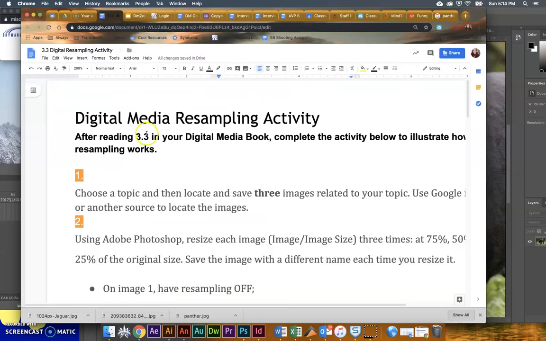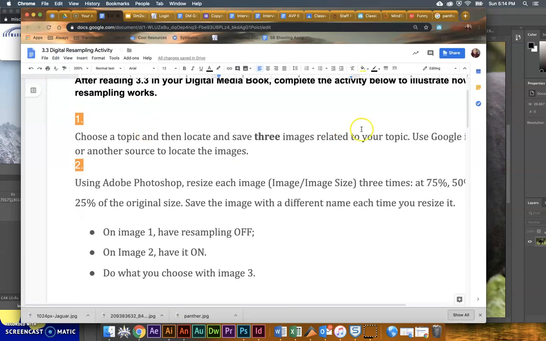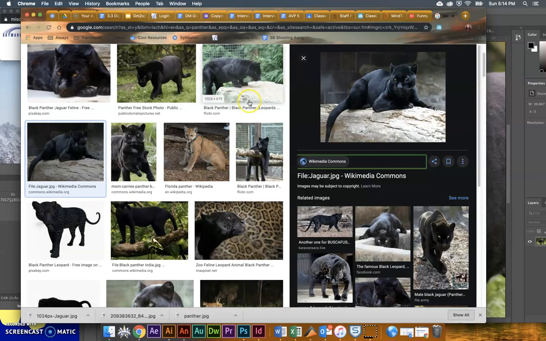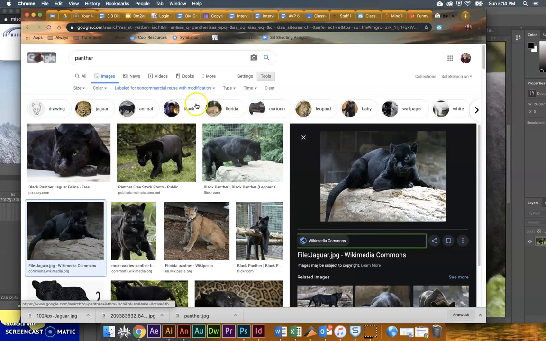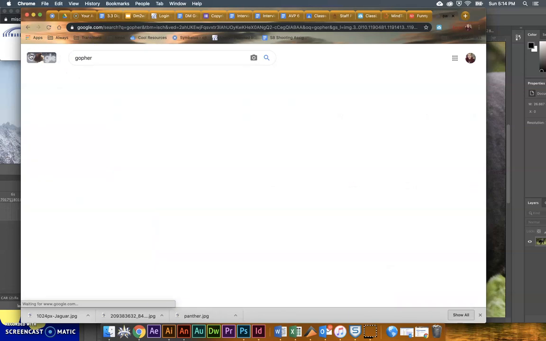So in this assignment, you're asked to find 3 images related to a certain topic, download them, and resize them at 75%, 55%, 50%, and 25%. The first time have resampling off, the second time have resampling on so that you could compare them. So I chose panthers as my image, and I recommend when you search an image, let's go gopher this time,